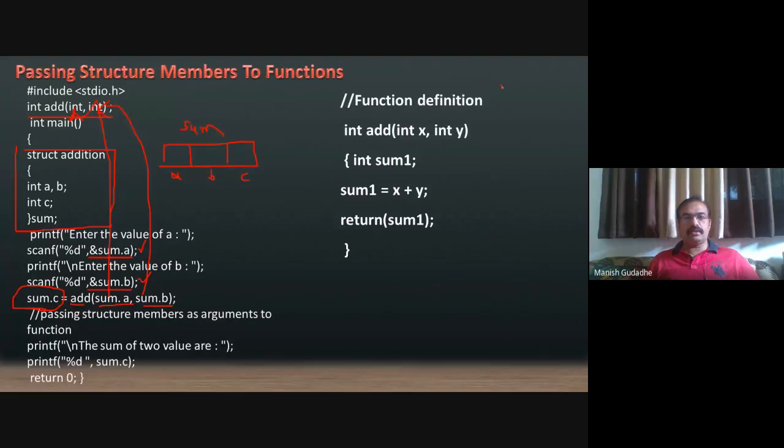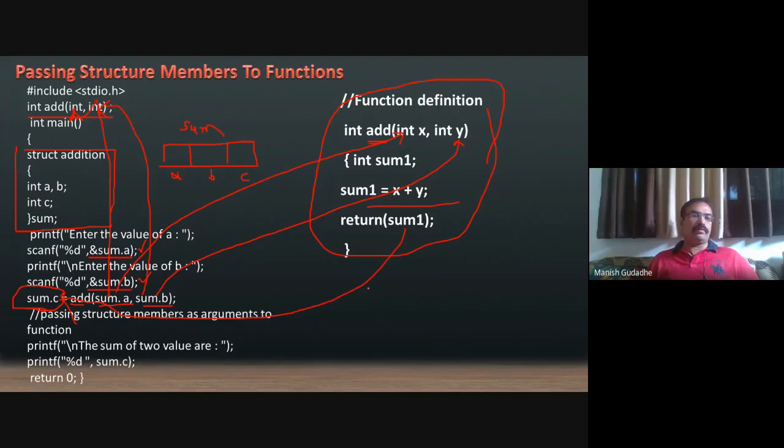So here is the definition of add. Sorry, by mistake I wrote addition here, it is correct, add. So the value of sum.A will be passed to X, sum.B will be passed to Y, and it is going to return the total, that is X plus Y will be returned to sum.C.